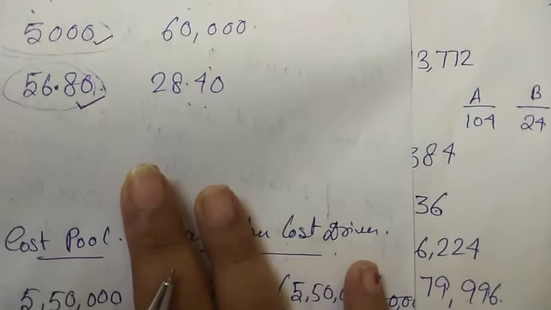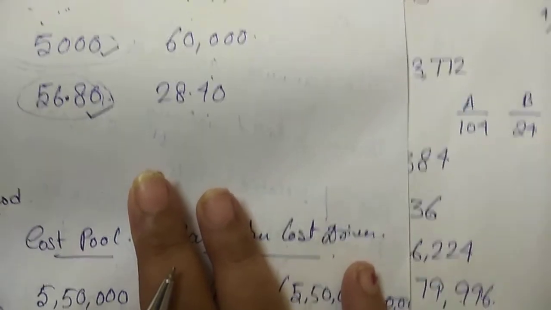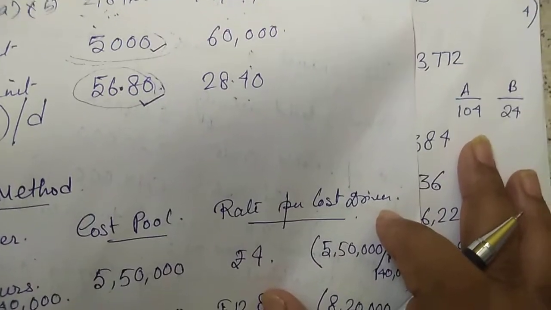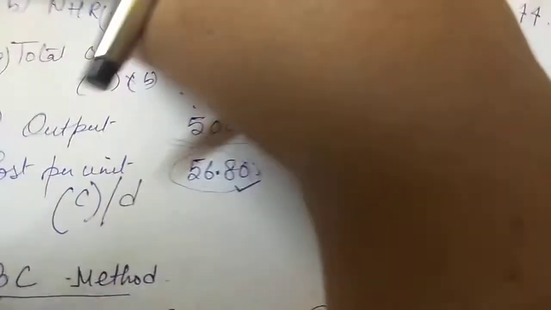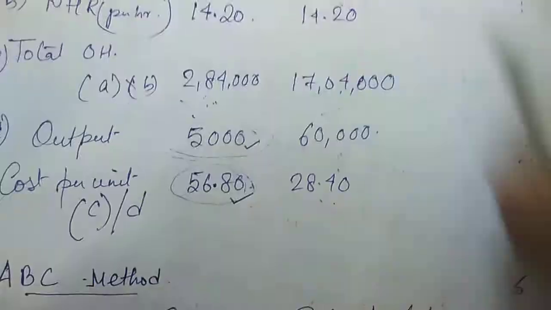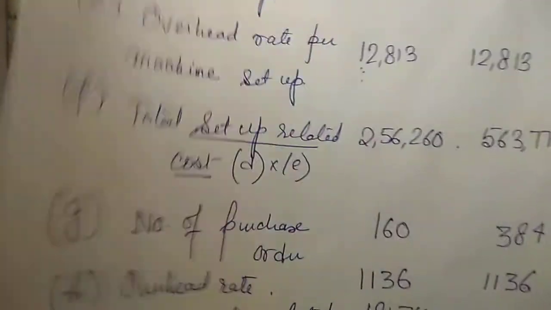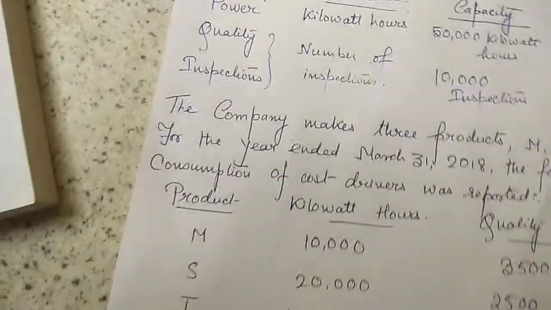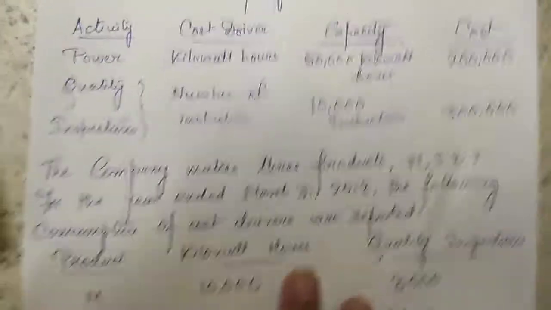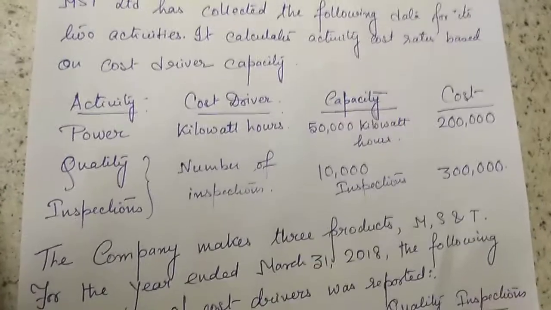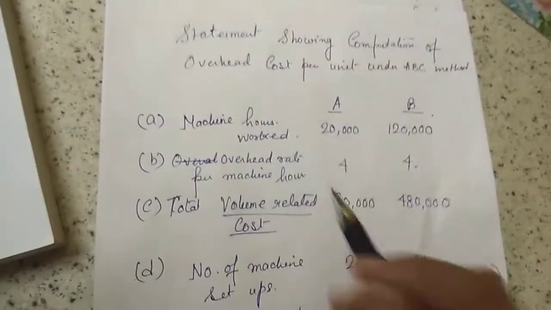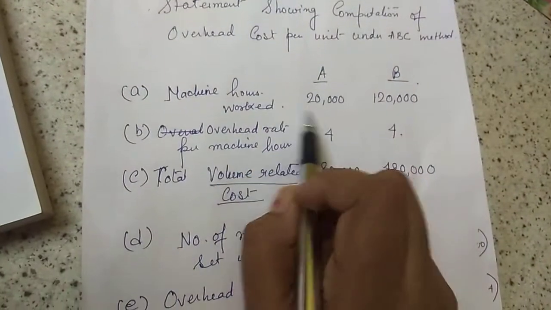This is an unscientific but easy one. This is a scientific but a complex one. Complex in what sense? You have to identify the cost drivers. Identifying the cost drivers is very important. Now hopefully this sum is clear, so we move on to the next sum. Do you want to see the sum once more? Entire ABC related, I'll send the picture of the sum.